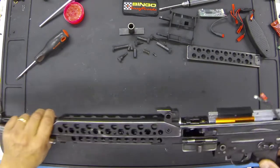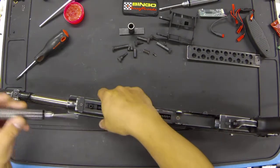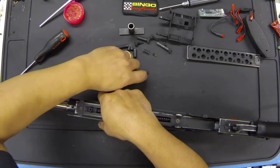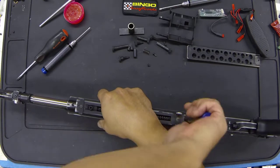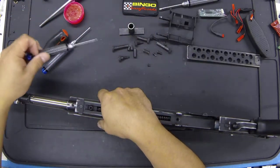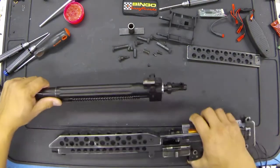Almost there. 2 more screws. Now that you've basically taken everything off the top and the bottom, there are 2 screws remaining that hold the barrel in place. There's a small 2mm head screw up here to remove. And then this one in the back here is a larger screw. That's really the main screw that holds this barrel in place. Use a 2.5mm hex key. That comes out. Okay, with all those screws removed, the barrel pops out, and now you could service